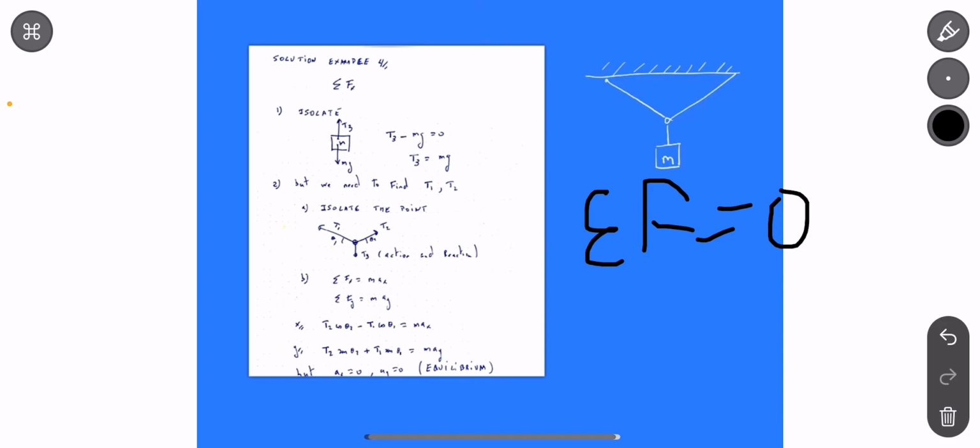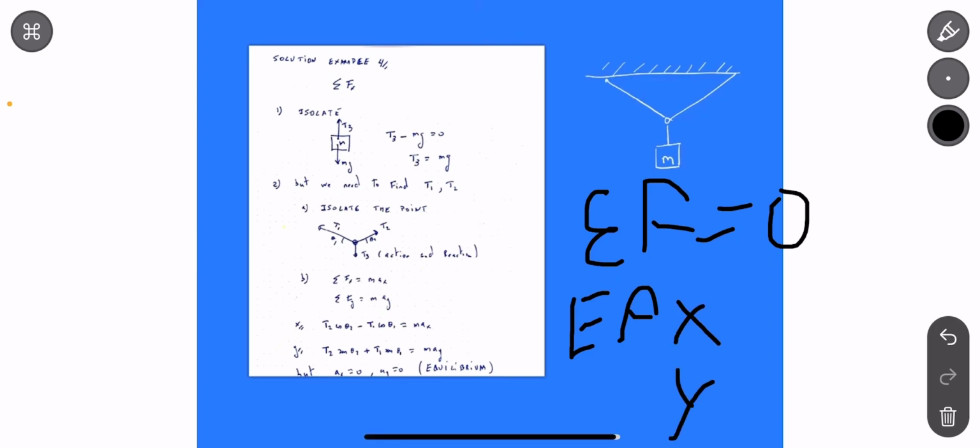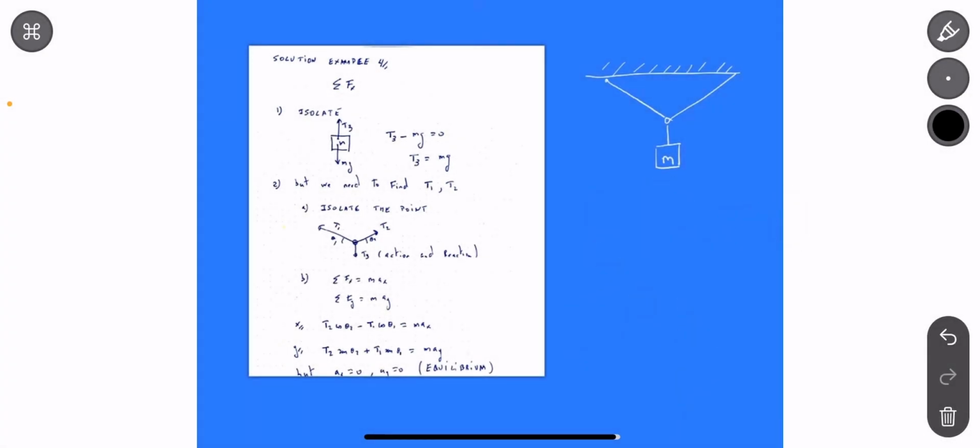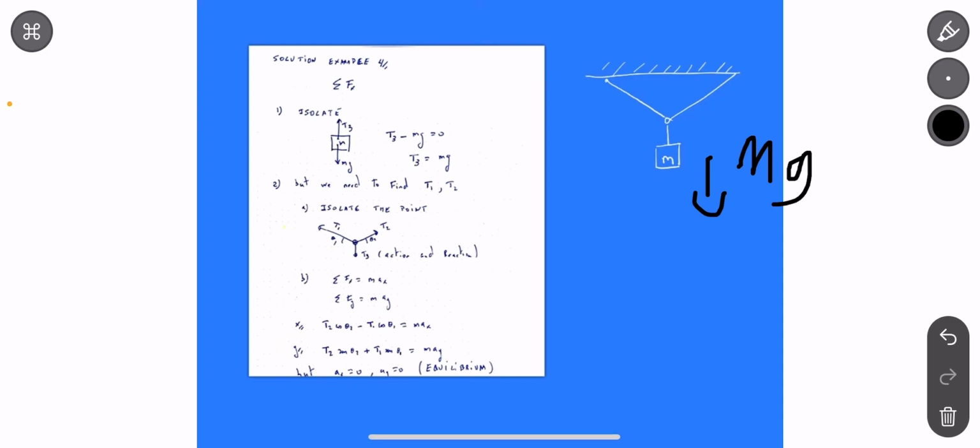And since this is not as simple or direct as the other two problems we just worked on, we could assume that this problem has a sum of forces for x and y. Now, to be able to solve for each of these, we have to take into consideration that there are different forces going on. There's a force going down, which is mg, just a regular force going downwards. And then we have a force T3,